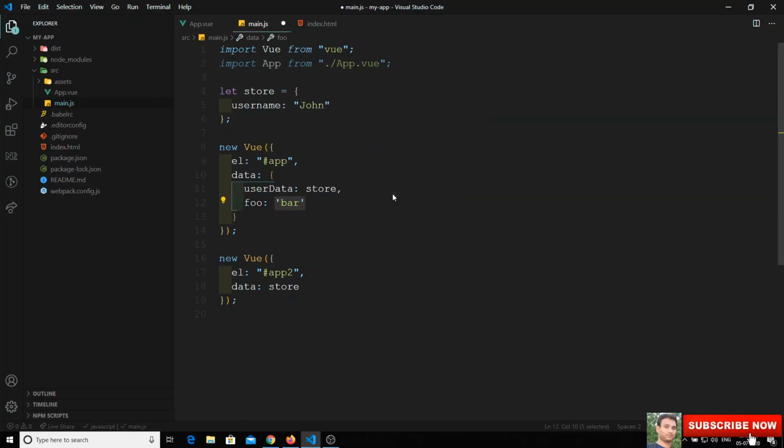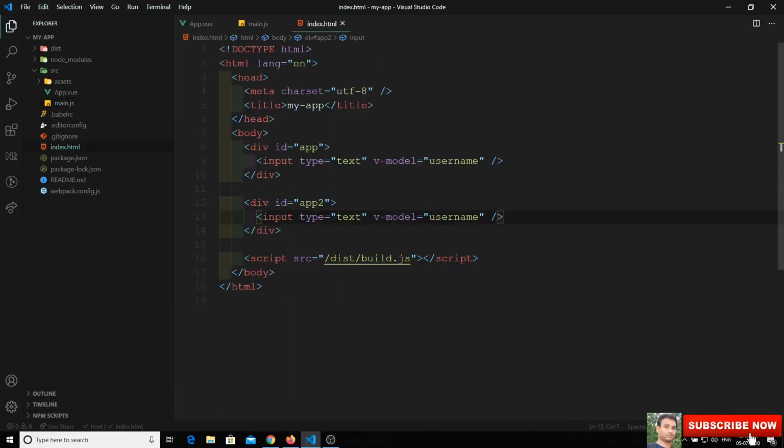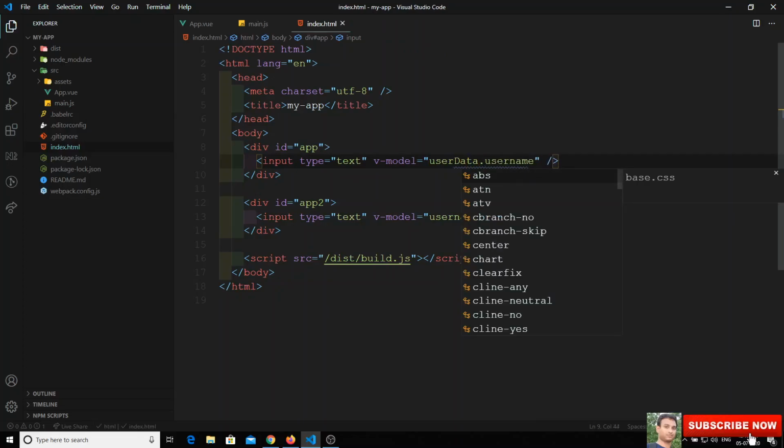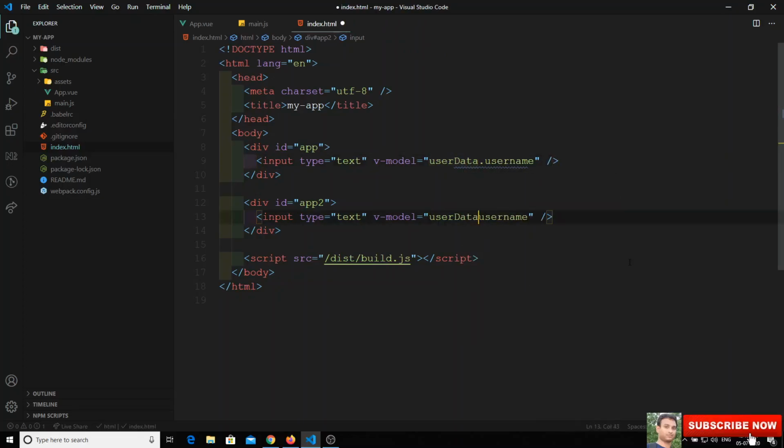Same scenario here also. Then you just need to change the name to userData.username here, and userData.username here too.